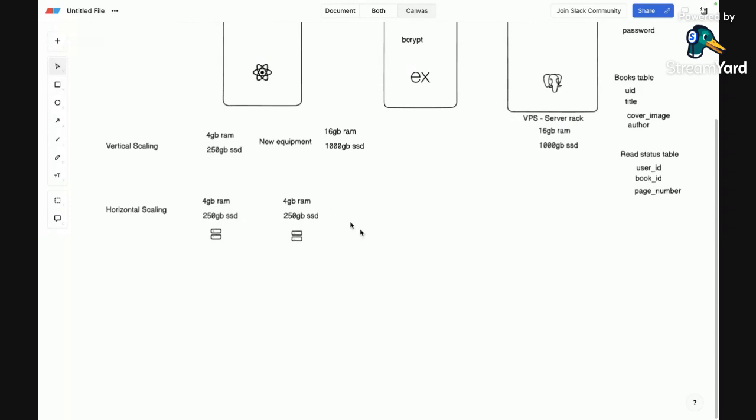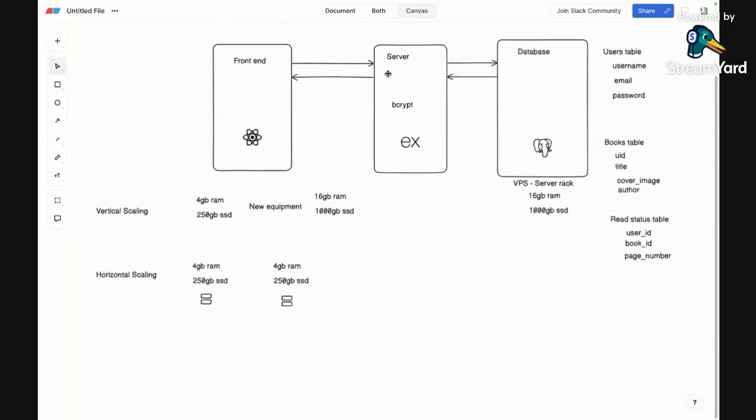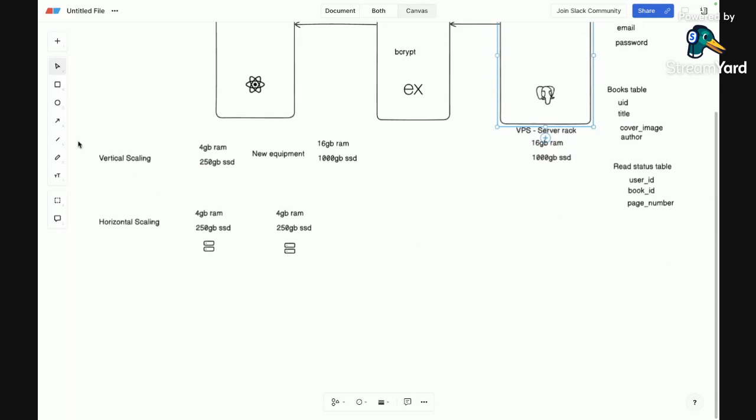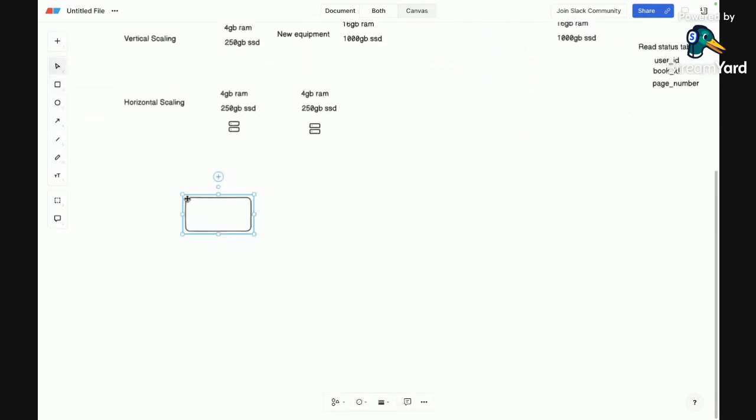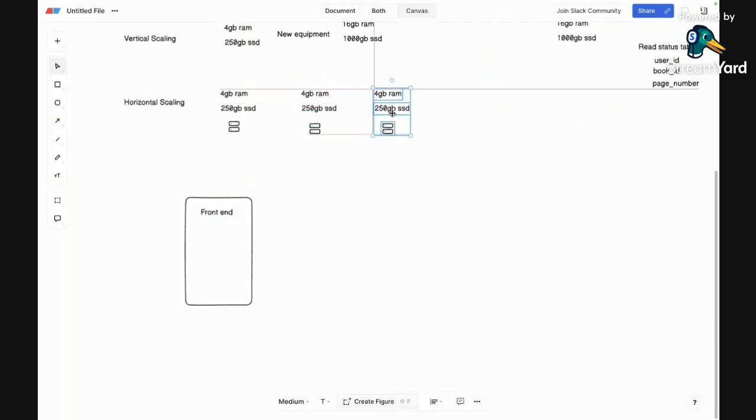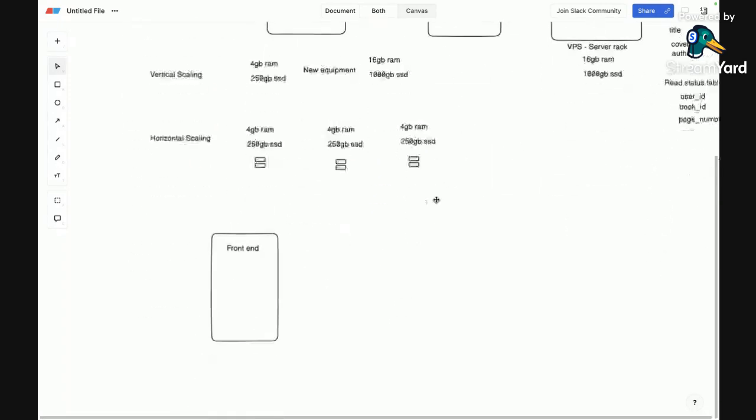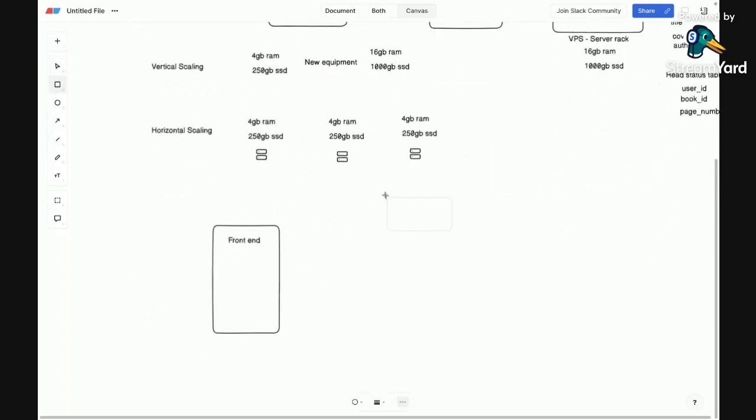Then the question is, what will happen? So our idea is that we will replicate. We will say, okay, the database is on this server, one can handle it, so let's put it in another one. So the architecture will look something like this: there will be a front end. Here you can think you brought two 4 GB RAM machines, one for the database, one for the server. So now things will look like,